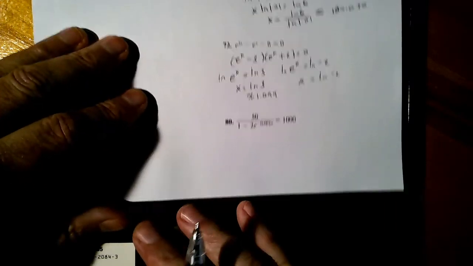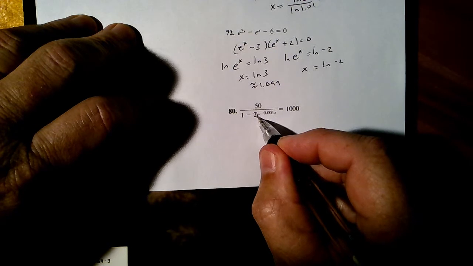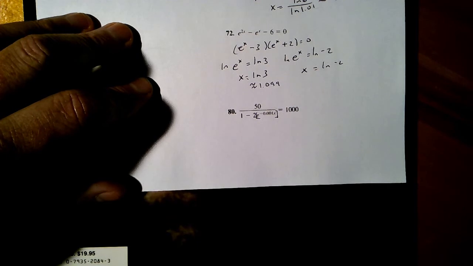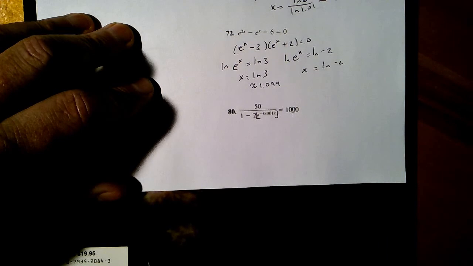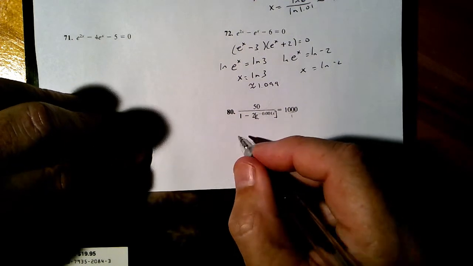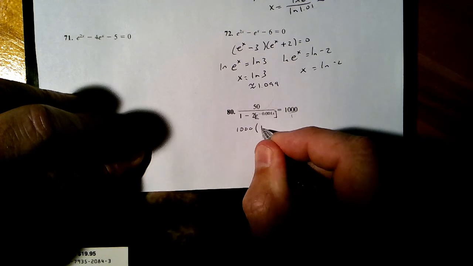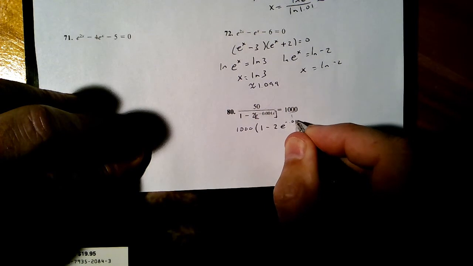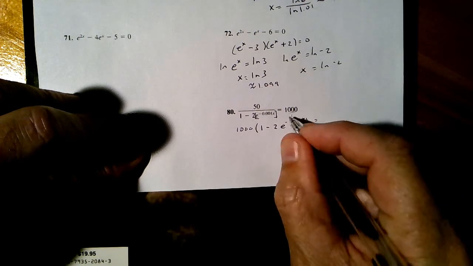Okay, and now 80, we got some algebra here, but we can handle this. Here is my big troublemaker right here. I want to get it alone, and it's in a denominator. So I could cross multiply here. I could flip this side's fraction, flip that side's fraction. I'm going to cross multiply because I think that's what most of you would do, and I get 1,000 times 1 minus 2e to the negative 0.001x equals